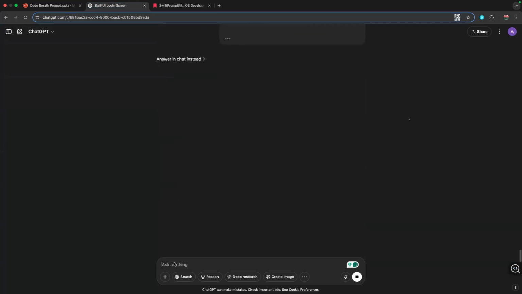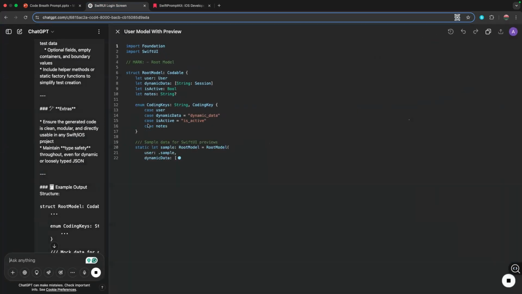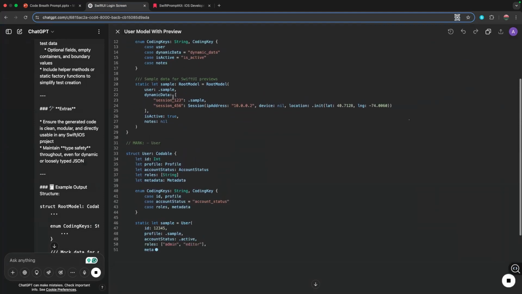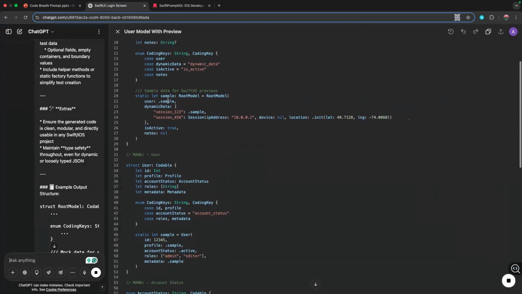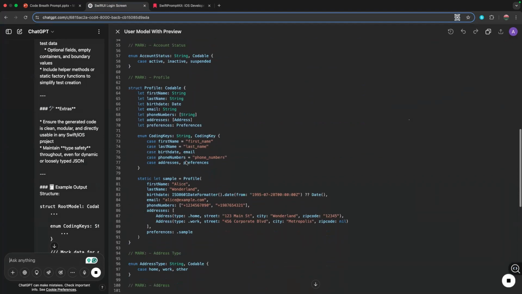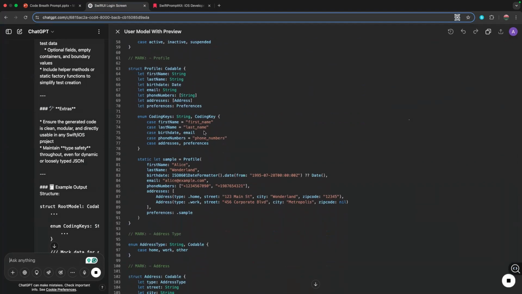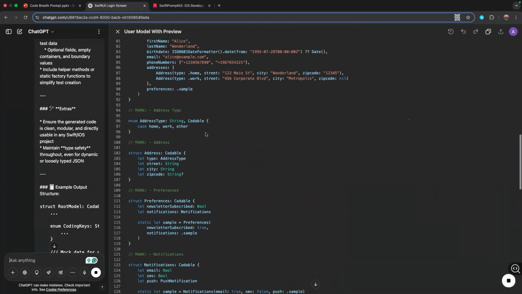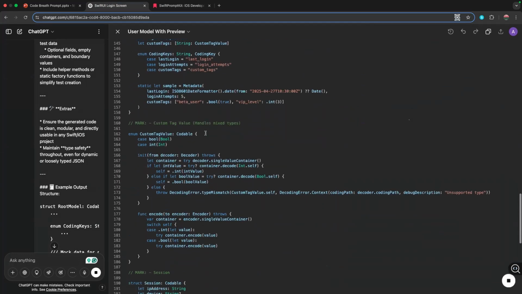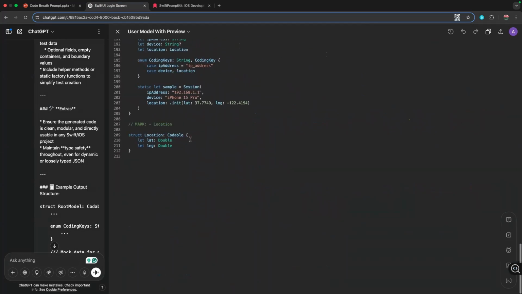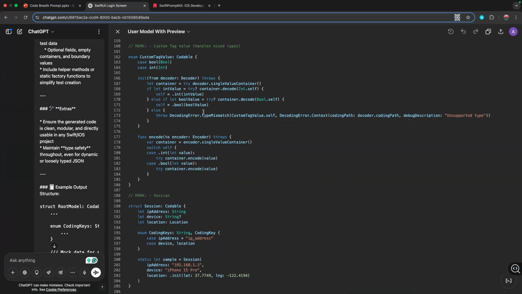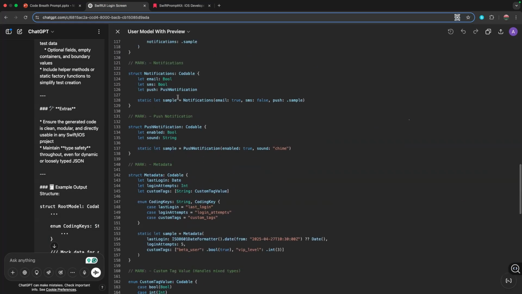So it will generate the details with the decoder as well as the preview data. That way you can use it in SwiftUI previews. It also works for nested JSON strings as well.